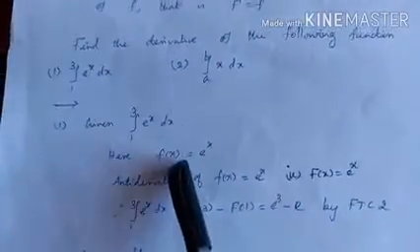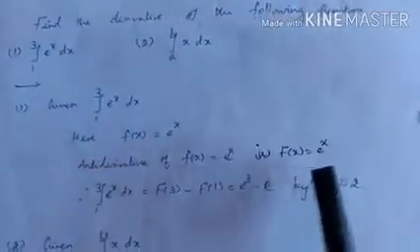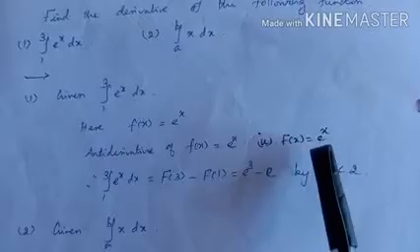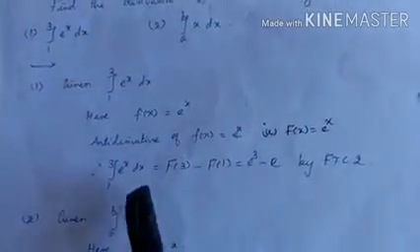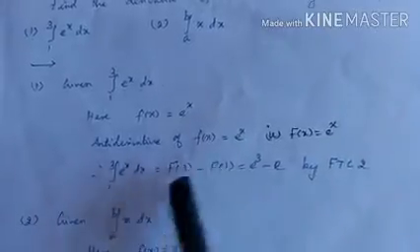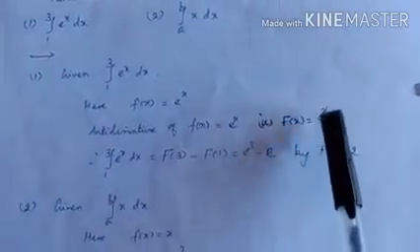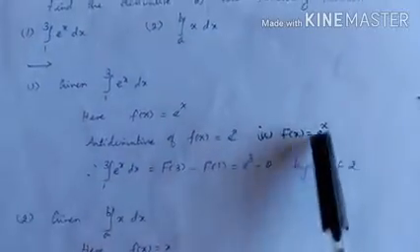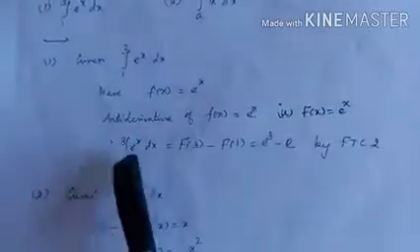So what is the fundamental theorem of calculus part 2? First you find what is small f of x. Next you find capital F of x. Integrate e power x, you will get e power x. Once you know capital F, the value of the integral is F of b minus F of a. F of 3 minus F of 1. Capital F of x is e power x. Capital F of 3 is e power 3. So e power 3 minus e power 1 is the value of the integral.